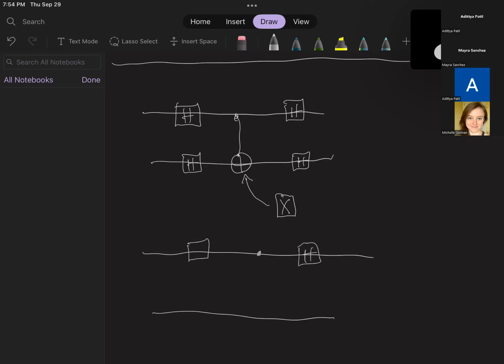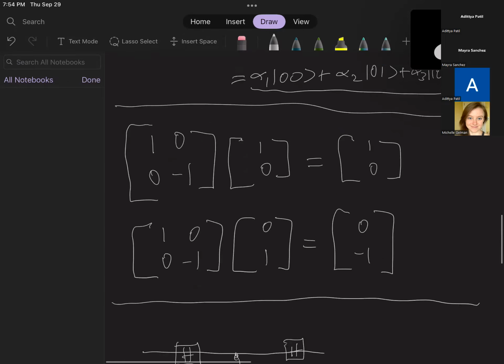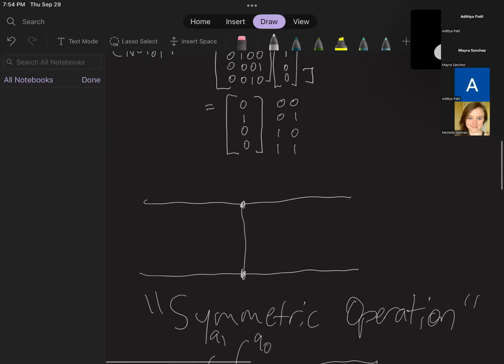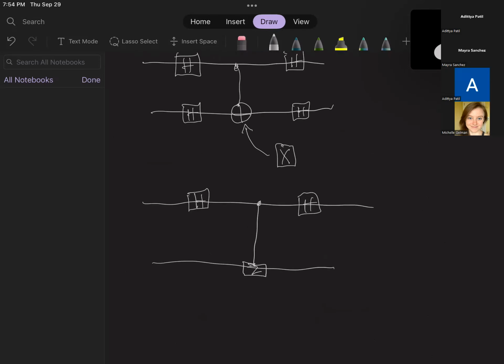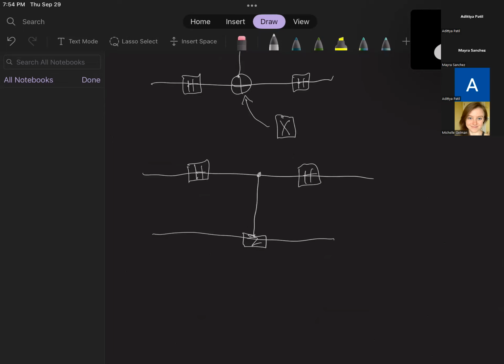Remember that identity, HXH is equal to Z? That's what we're using right here. Although it's drawn up here as 2 control bits, I'm going to put a Z gate down here just for the sake of clarity. Since it's a symmetric operation,